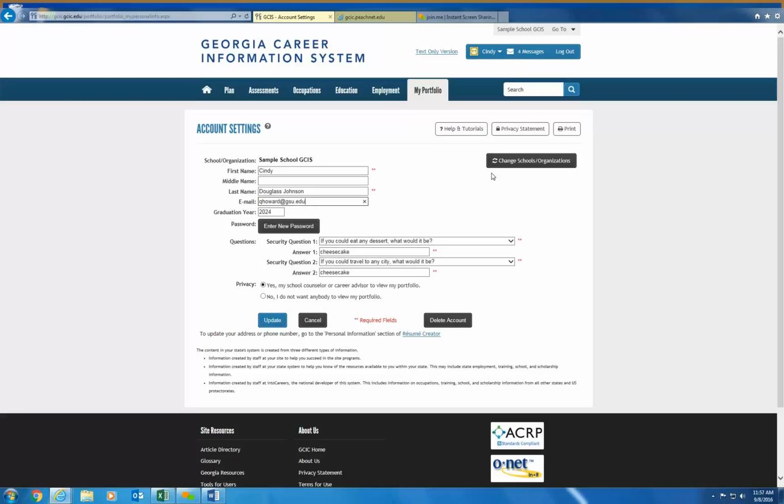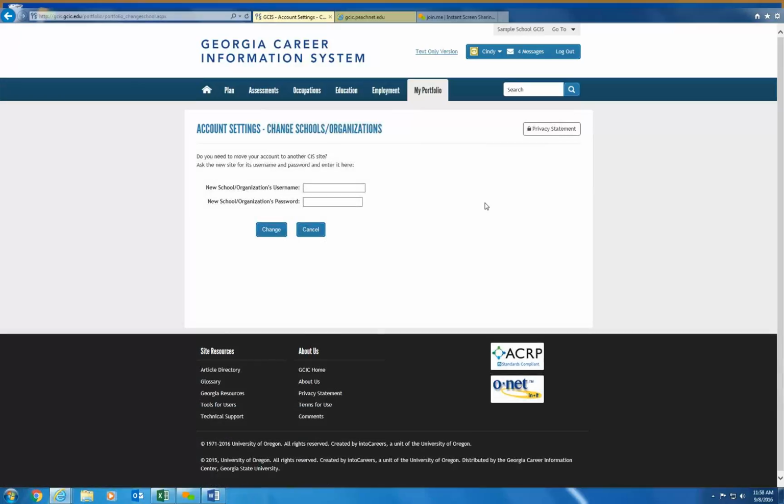The last element that is very important under the account settings is that a student can move his or her portfolio between schools. So let's say the student has moved from high school A and is now at high school B. If the student remembers his or her portfolio username and password, they can actually log in, navigate over to this page, and enter the new school's access username and password.